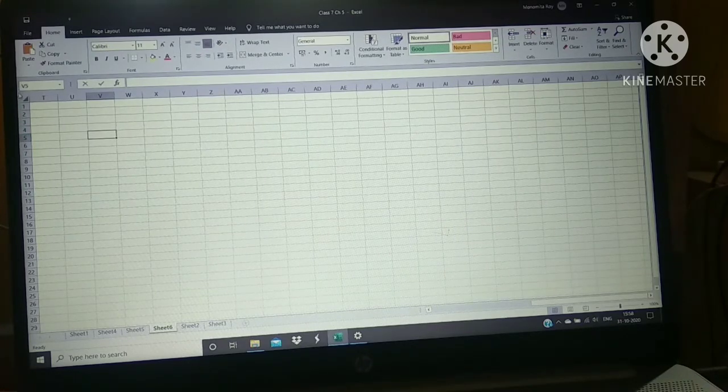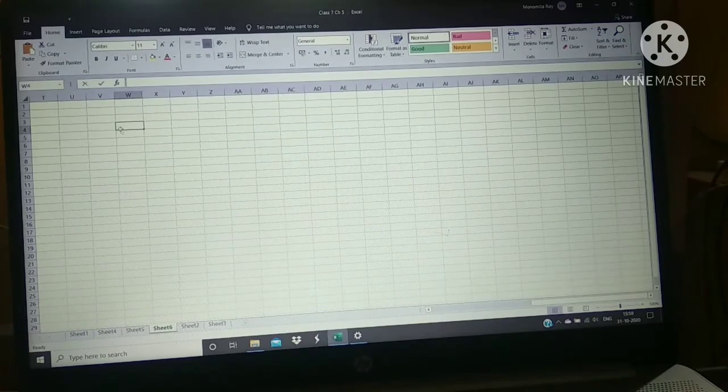Here, as I have taken the cursor here and selected this cell, you can see V5 in the name box, right? V5 is the cell address in which V is for column and 5 is used for row.